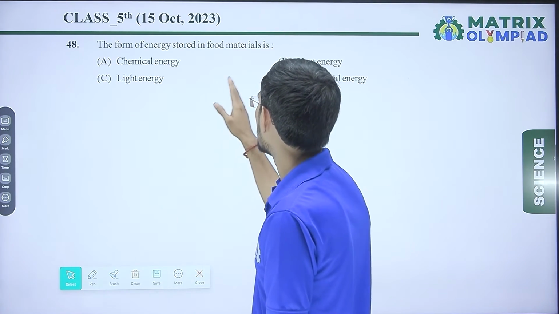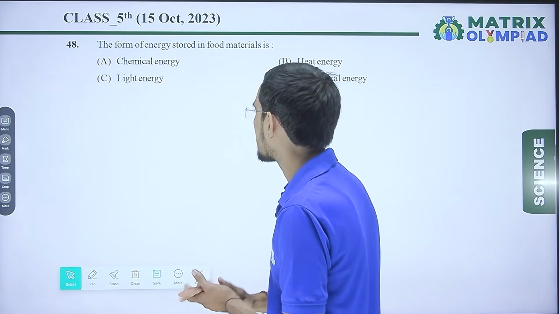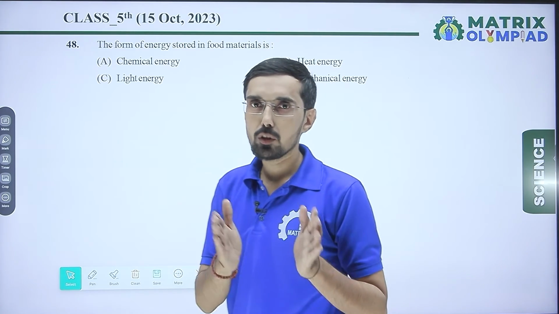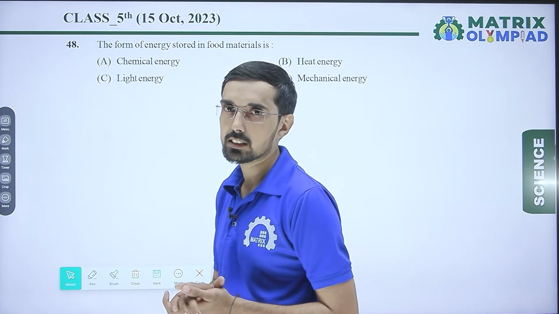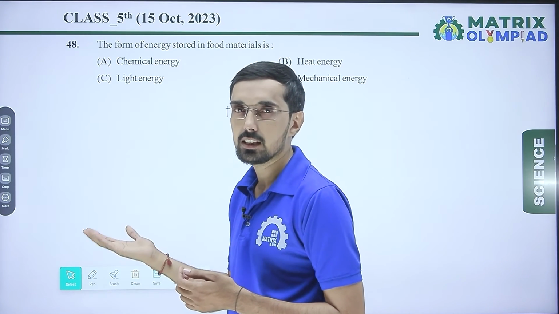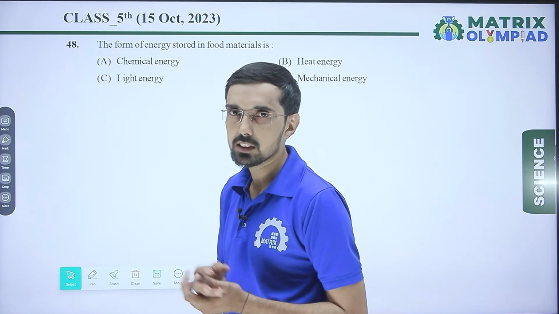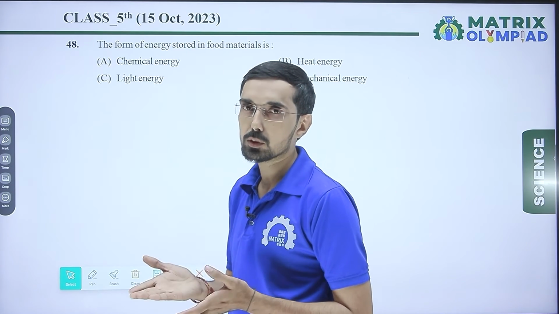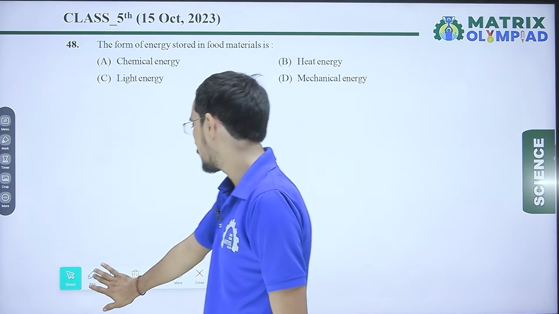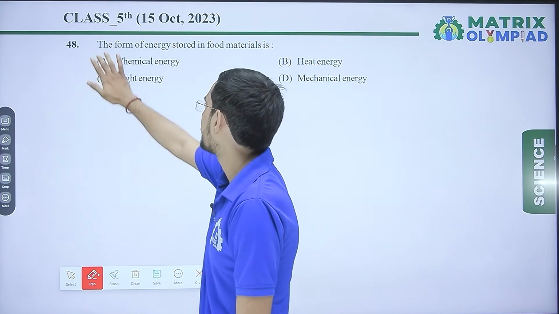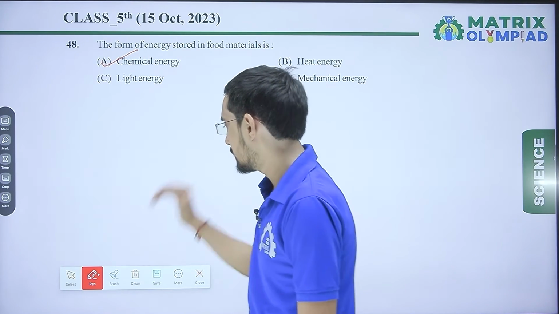Which form of energy is stored in food materials? That is chemical energy, in the form of starch or monosaccharides that are known as glucose. Clear? So our correct answer will be option A. Next question is,